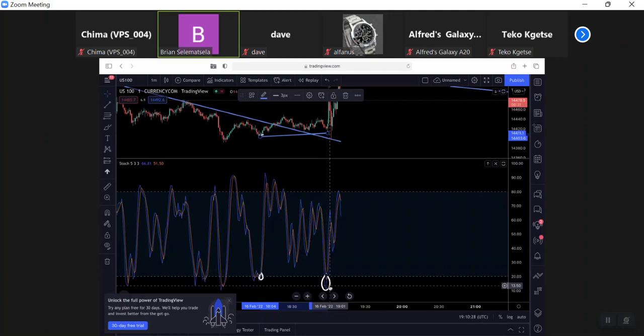When the stochastic was there, the market was there. That's what we call divergence, which is a technique that we use in order to make any form of entry